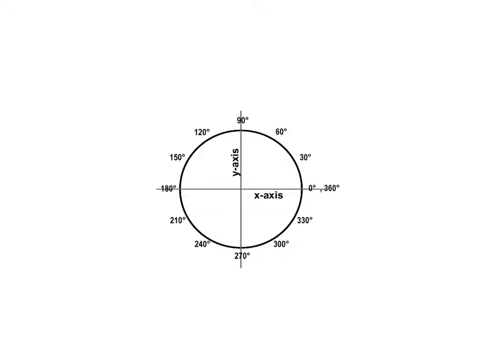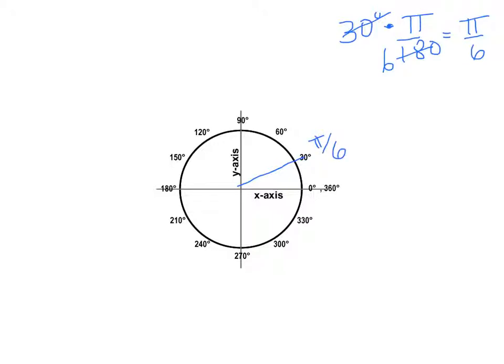Now that we have taken a look at the 45-degree angle going around the unit circle, let's take a look at what happens to a 30-degree angle as we move around the unit circle. Converting 30 degrees into radians, we get pi over 6 radians. So now we're going to look at moving around the circle in sixths. And 1/6 pi is pi over 6. And another 30 degrees gives us 2 pi over 6, or 2/6 pi, 3 pi over 6, 4 pi over 6, 5 pi over 6,